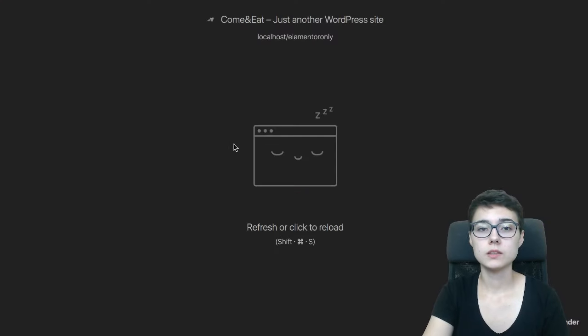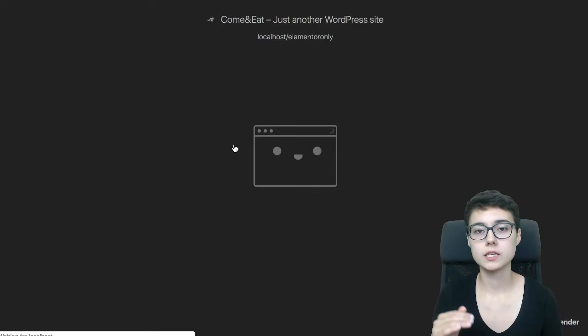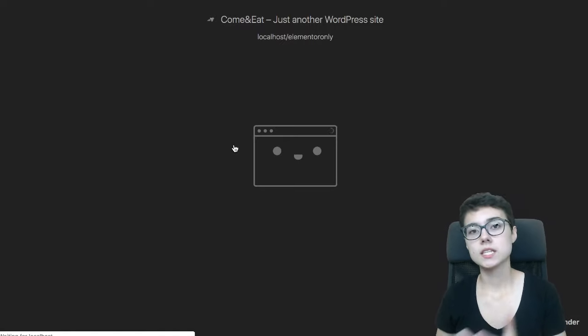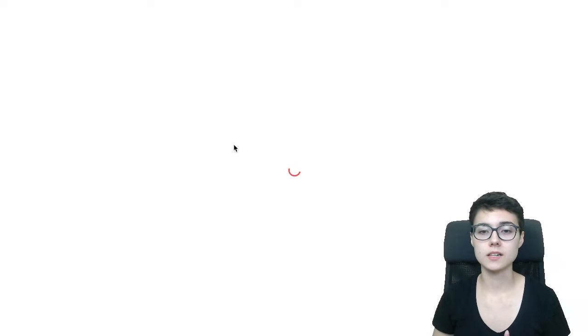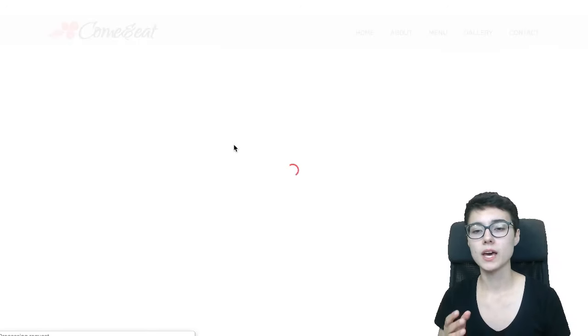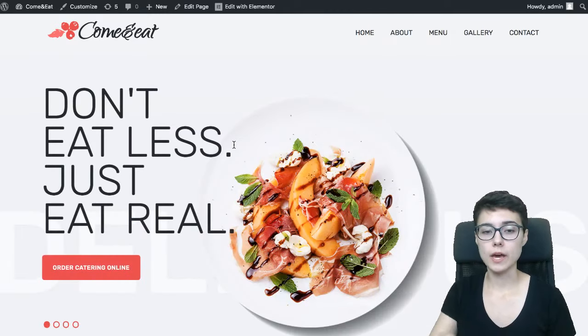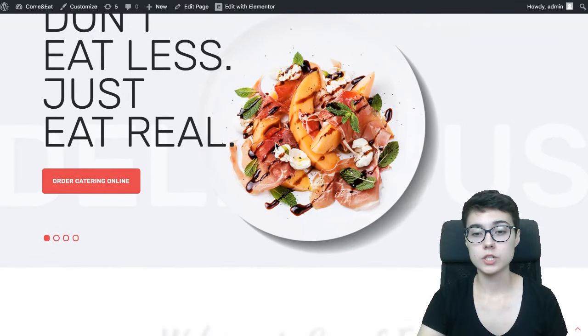Alright, and now the last demo for today, the third type of parallax that you can create. The third type is going to be possible with the help of Elementor Pro. The guys at the Elementor team have just introduced the motion effects, which is a pretty neat functionality, and I really want to do some tutorials on how to work with it and how to achieve some amazing animations, some really complex looking things just with Elementor and this motion effects functionality, which is going to look super